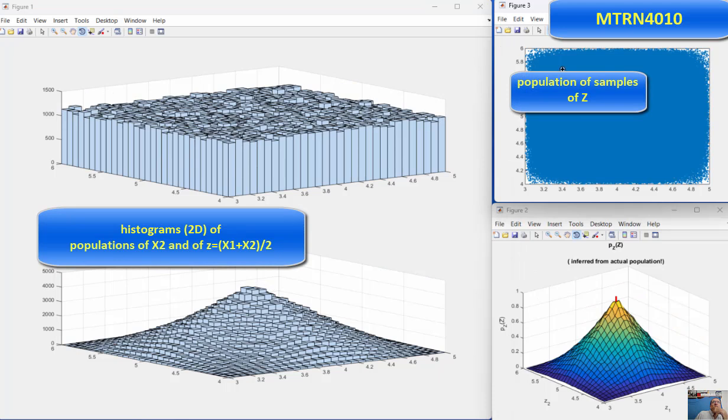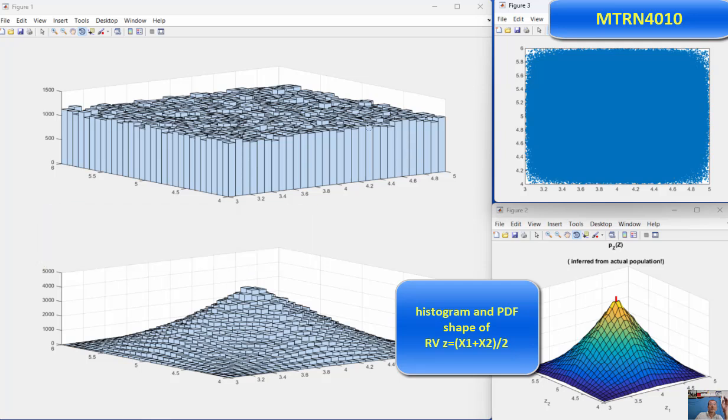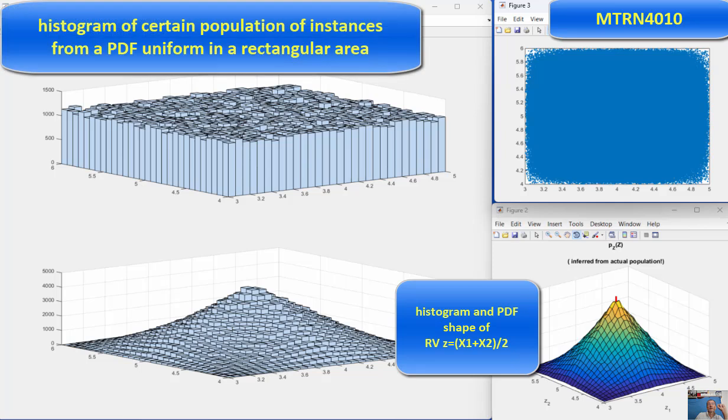The one you saw before was plenty of points everywhere, because that one was uniform in this range of values. But now I obtain z equal to x1 plus x2. Each of x1 and x2 is a random variable following a PDF described by this histogram, which should be completely flat. And then now the shape that we start to see here